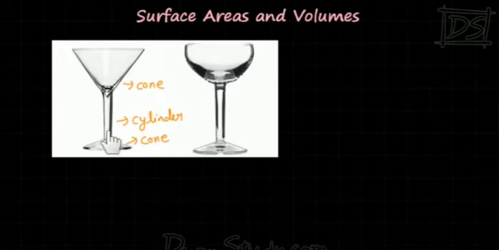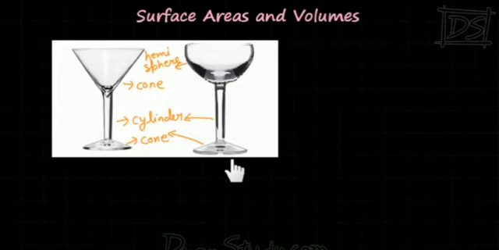And here you can see a glass which is formed by these basic solids. Here also we can see different solids are combined. It is a hemisphere, this is a cylinder and this is again a cone. Dear students, different solids can be combined together to get a resulting solid, and you can find out its surface area and volume. In this chapter, we are going to deal with such concepts.